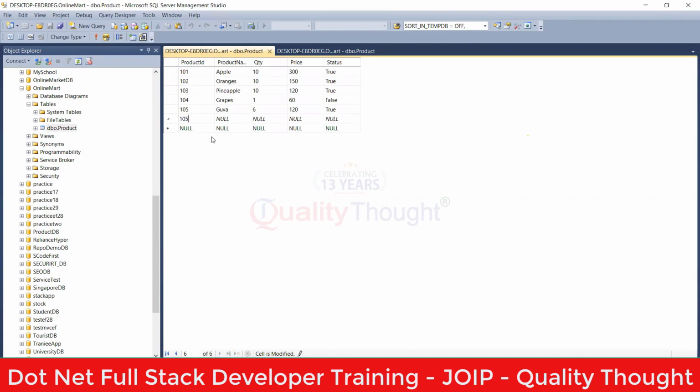Whenever I enter 105 here, it accepts. Why? Because I never enforced any rule here. I created it as a normal column. It is wrong. Remember that. That is one point. Second point is if the developer takes the responsibility to provide a value for it,